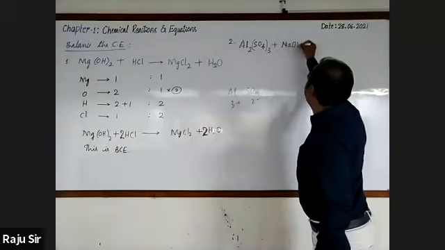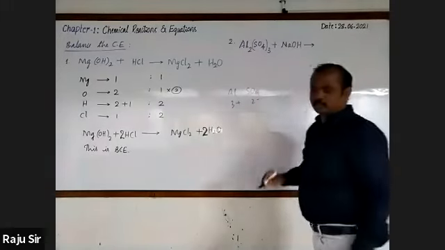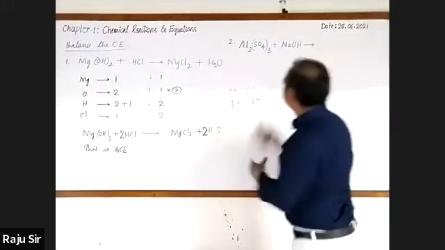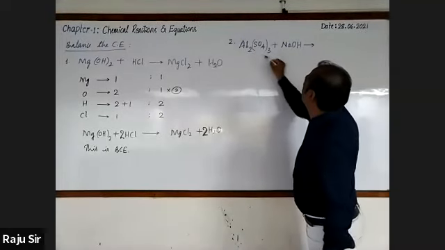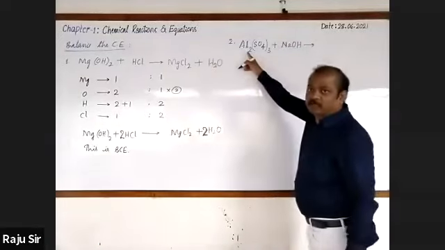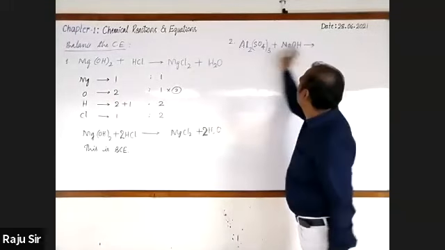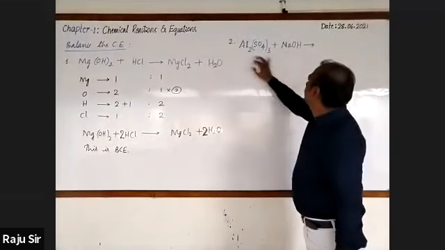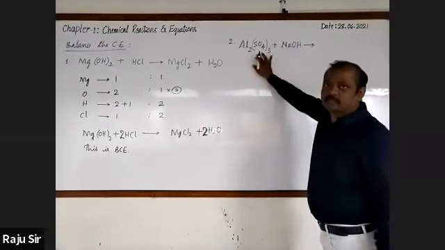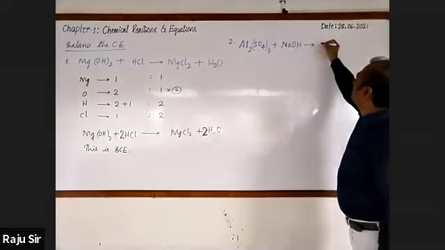Al2(SO4)3 plus NaOH. NaOH, this is the base, gives rise to... When these two react with each other, can you tell? Aluminium hydroxide plus sodium sulfate. See, positive ion, negative ion. Next, here, positive ion, negative ion. Aluminium hydroxide, then sodium sulfate. Here I'll write aluminium hydroxide,